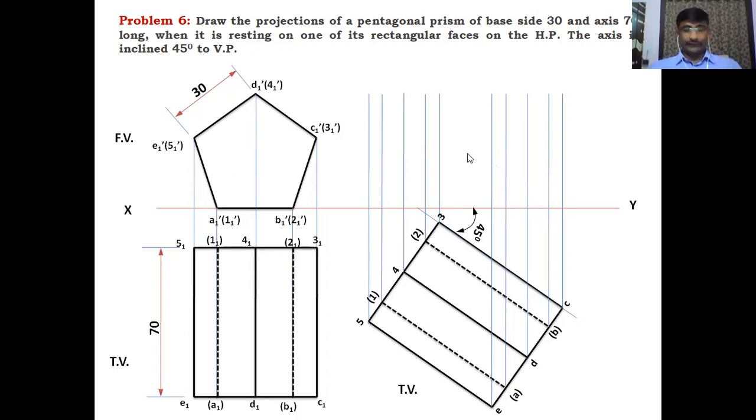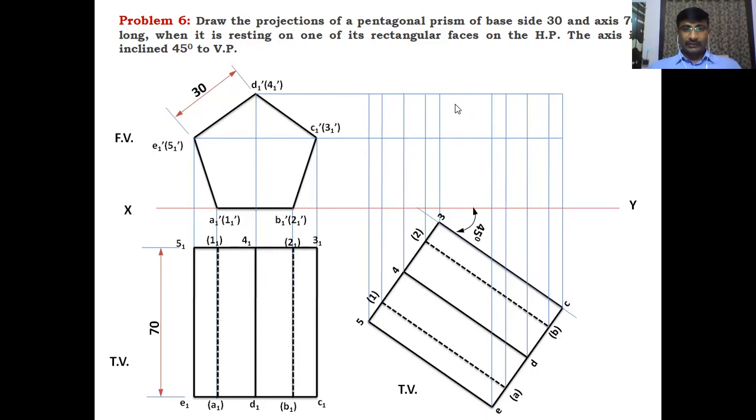From these points you have to draw the vertical projectors, and draw the horizontal projectors from the first stage front view. That is, draw the projector from the A1 dash point. This projector coincides with the XY line, that's why I'm not drawing the projector here. I'm drawing the projector from E1 dash of 5 1 dash, which coincides with C1 dash of 3 1 dash, and draw the projector lines from D1 dash of 4 1 dash. Like this, you have to draw the horizontal projectors from the front view and vertical projectors from the top view in the second stage.